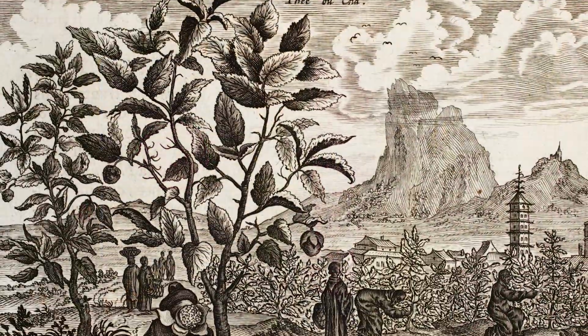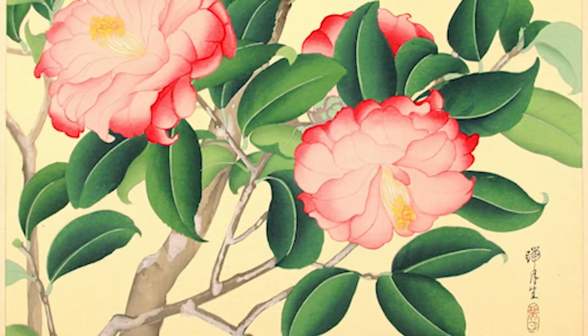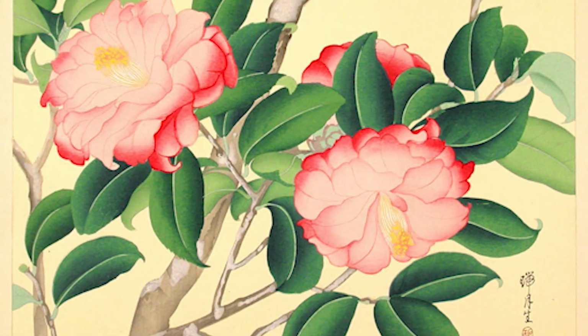They originated in China and Southeast Asia and some of the islands off of the coast of China and eventually up into Japan. There are so many different species. We have yet to find the limited number because we keep finding new species. We're finding species that are yellow. We found species that bloom all year long. We have species that we're able to crossbreed and get some of those characteristics, including the size of the camellias,